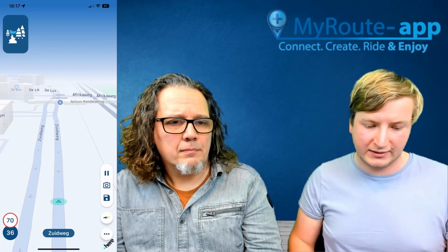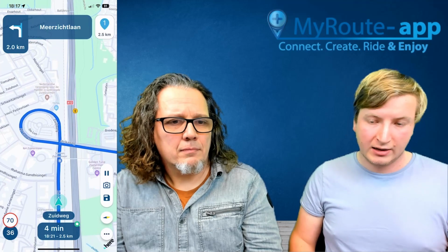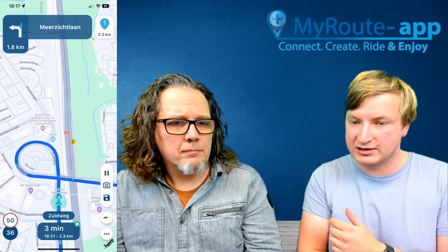So if we wait a bit, you will now see that I'm actually driving on the road, and I'm currently navigating towards my MyRoute-app headquarters. So this is a perfect opportunity for me to explain the features that you see right now. If I tap on the map, all irrelevant items disappear. And if I tap again, they will reappear. So if you want to change your track log settings, etc., just tap on the map and you'll see everything